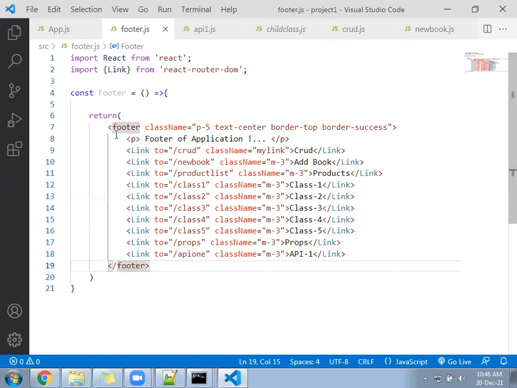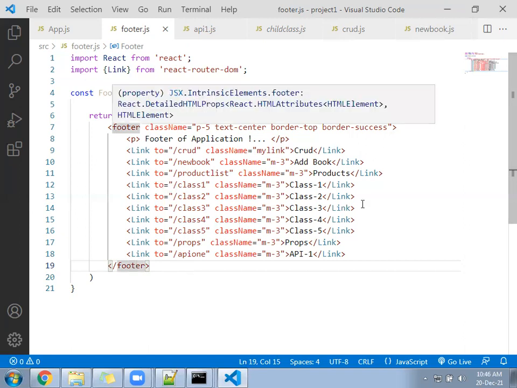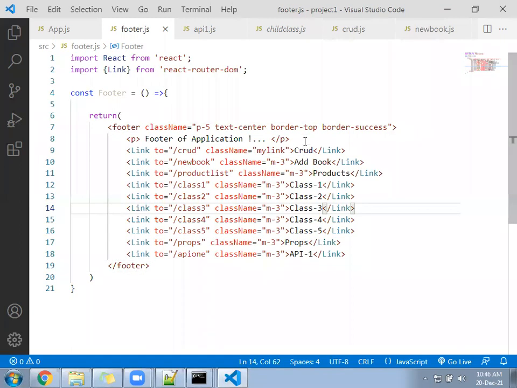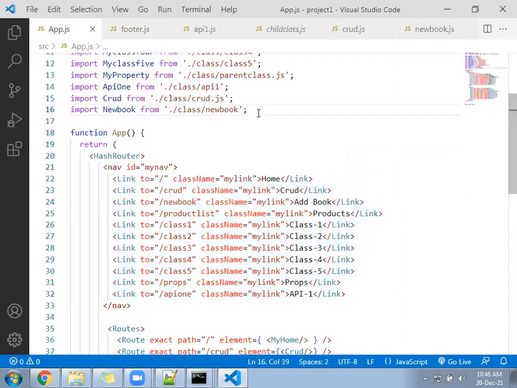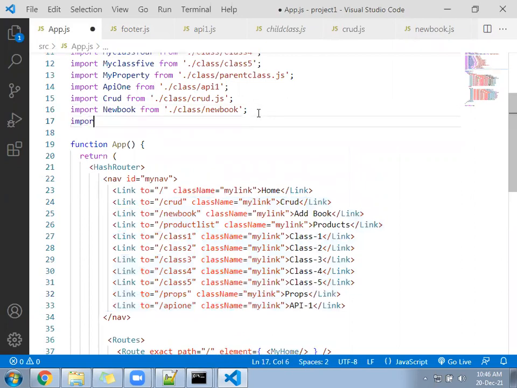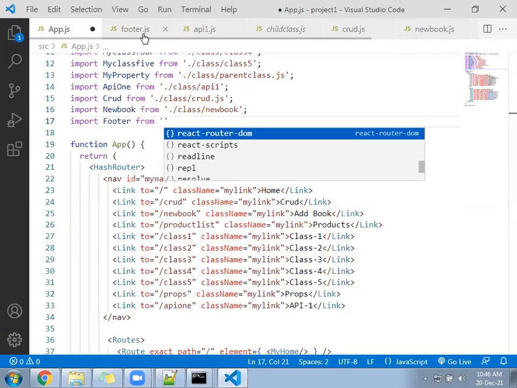Now after that, come to the app.js file. In app.js file, again import the footer. Import footer from where we have created the footer. In which folder is that?